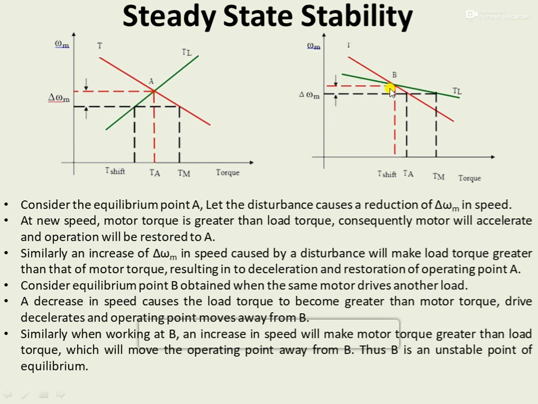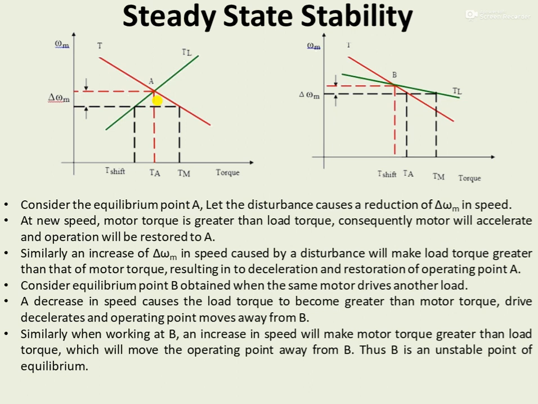So in this case, under the effect of disturbance, either the motor load system can move to a zero speed operation or its speed might go to the infinity condition. If the disturbance is causing a reduction in speed, then it will lead to the operation of zero speed condition. If the disturbance is causing an increase in speed, then it will lead to the operation into a case of infinite speed operation. From these two characteristics, we can make a conclusive statement that for an equilibrium point to be stable one,